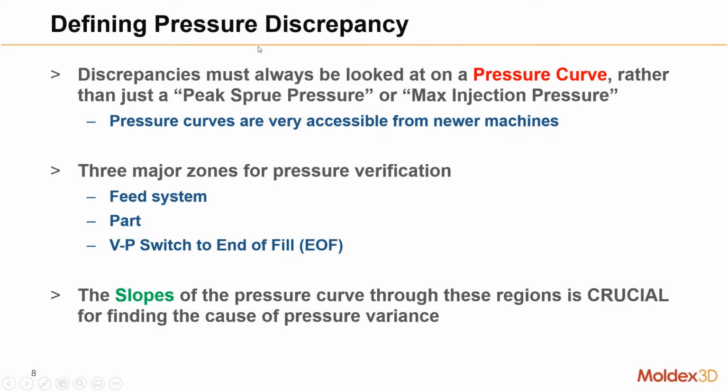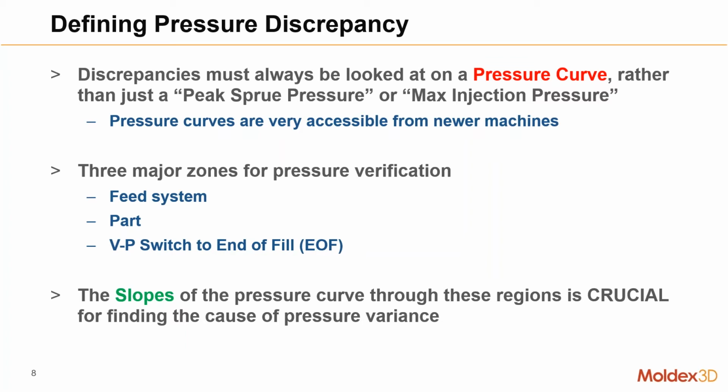So first of all, let's define pressure discrepancy a little bit closer. Discrepancies are always going to be looked at on a screw pressure curve. I just mentioned a moment ago that there is a typical value that's output by most injection molding machines as either the peak screw pressure, peak injection pressure, or maximum injection pressure. It's called a bunch of different things, but it's basically just the maximum value of pressure during the